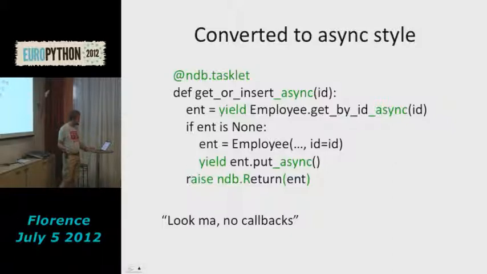So you have to raise an exception. I didn't want to make all keys and entities subclasses of Exception. So I introduced the exception named Return, which is actually a trivial subclass of StopIteration. And it turns out that if you raise StopIteration with a value, it works as well. But that's not a very good way of declaring your intent. If you're defining a tasklet that doesn't have a return value, where the result is None and it's only for a side effect, then you can just return or fall off the end, and you don't have to raise this exception.